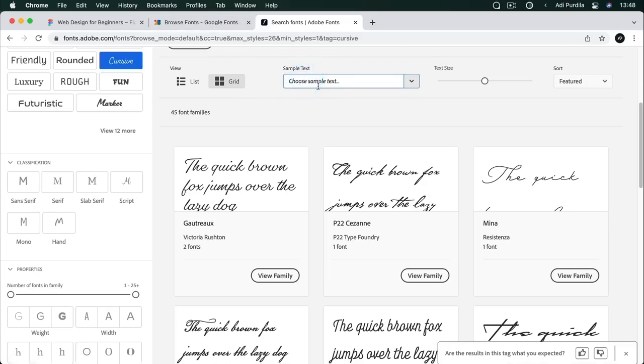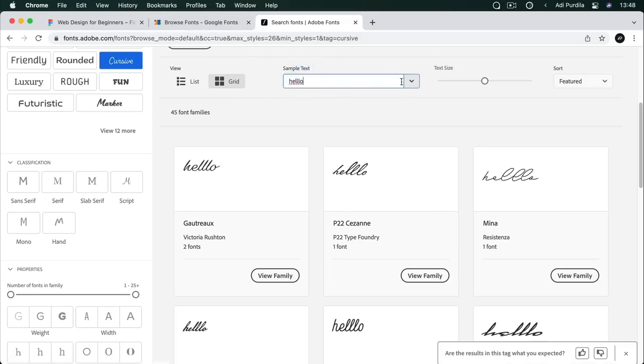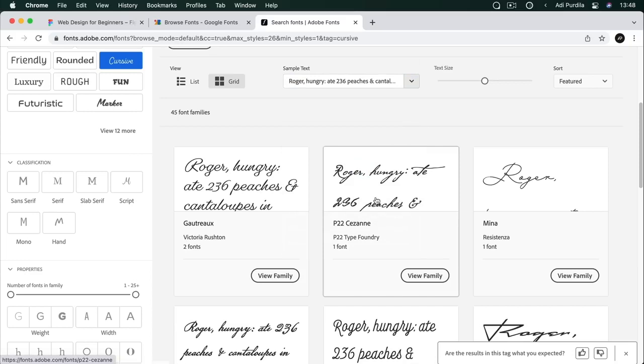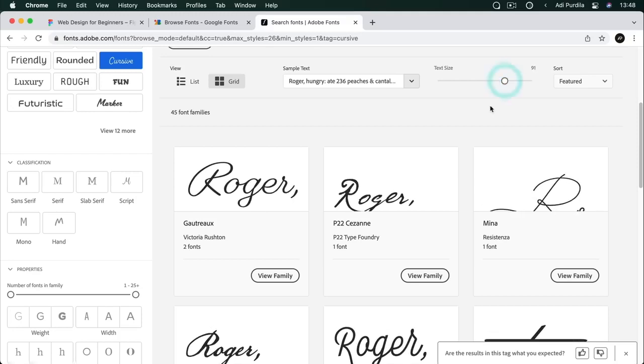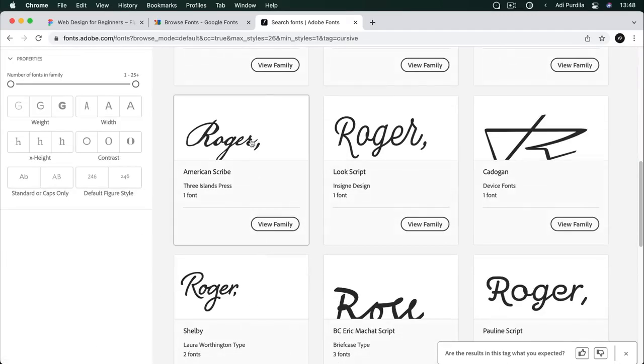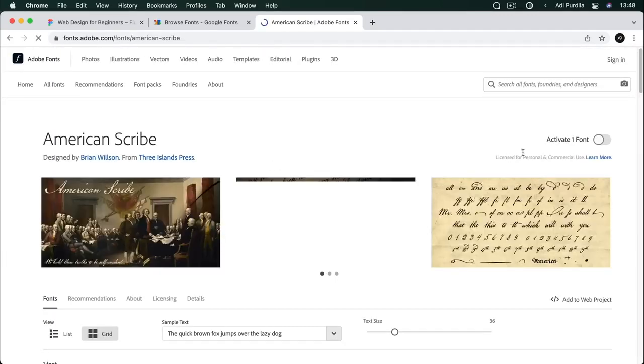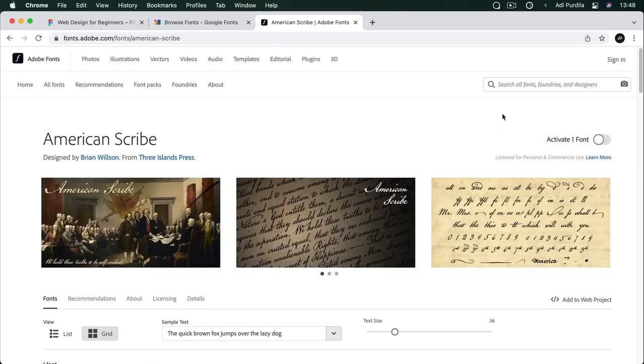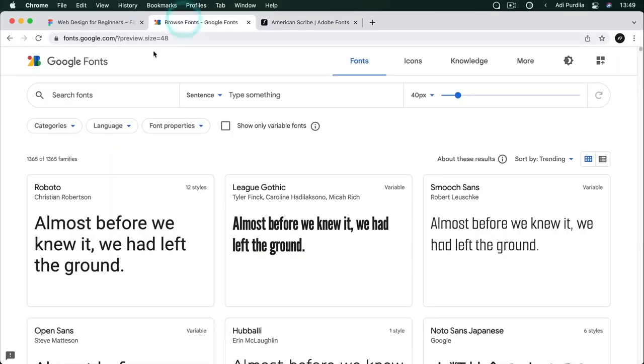You can also type in your own sample text, or you can choose from a pre-existing one. You can modify the text size. And what I really like about Adobe Fonts is that once you're signed in, and you're also signed into the Creative Cloud desktop app, once you find a font that you like, you can activate it, and that's going to automatically download it to your computer, so it's ready to use right then and there. So that's a quick look at Adobe Fonts and Google Fonts, the two places I recommend you get your fonts from